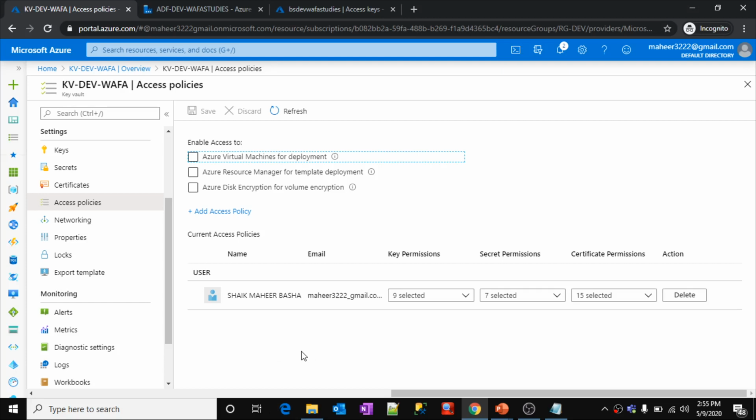There will be a managed service identity created, MSI. People will call it MSI. So the managed service identity will be created with the same name. Okay, so I will prove that now.